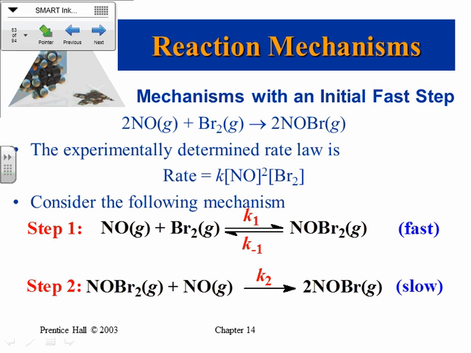But basically you've got this mechanism, okay? And maybe in this first step, this NOBr2 gets formed, okay? So that's the fast step. Now, everything comes to a screeching halt on the second step where the NOBr2 starts to react with the NO. Well, that takes a long time, all right? So actually what most of this NOBr2 is probably going to do is just go ahead and turn right back into NO plus Br2. All right, so because this is the fast step, instead of the NOBr2 mostly reacting here,